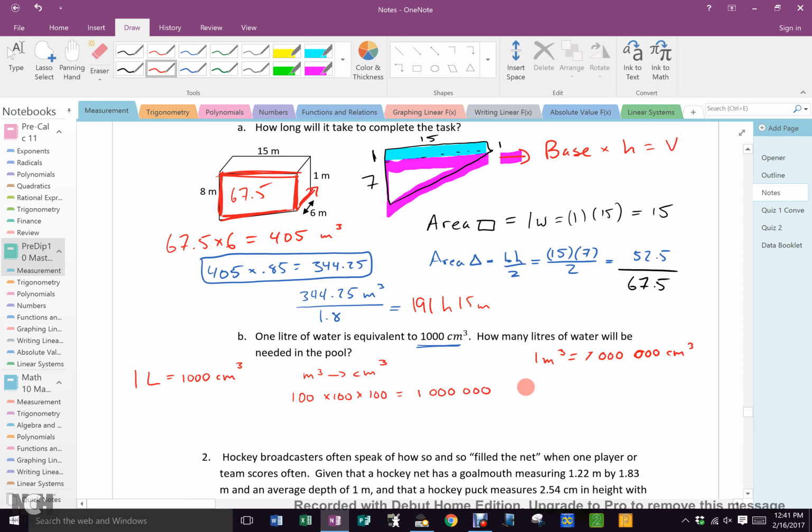So I must take my 344.25 and multiply it by what? 1,000,000. Now you can do that in your head because you move the decimal 1 space for every 0, right? But that's a pain, so you're just going to use your calculator. And what are you going to get for an answer? 344,250,000